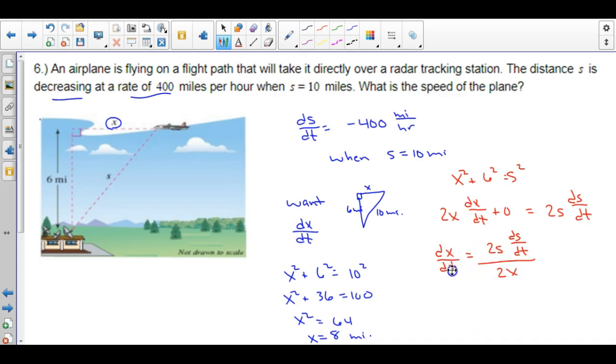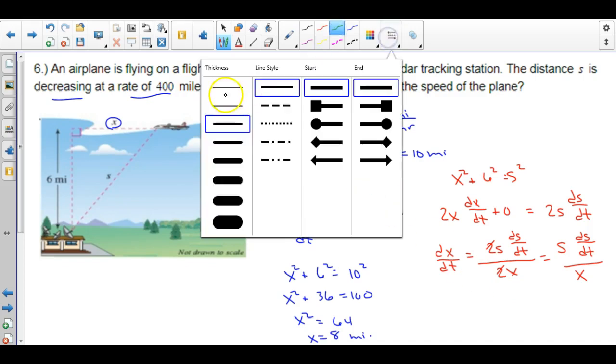And we're just going to do some simplifying from here then. The 2's are going to drop out. So I'm really going to have s times ds dt, just like in the last example, over x. And it's really just a matter of substituting now. So we've got our values at